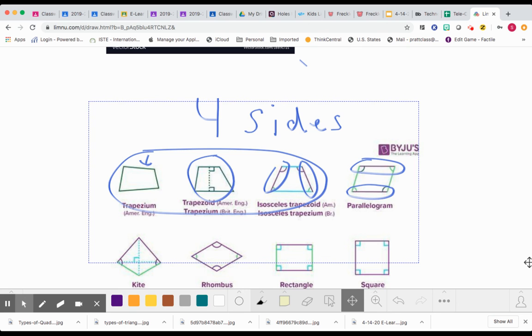Now a kite, we're all familiar with a kite. It kind of looks like a diamond, or like a baseball field almost. For the kites, you have two sides that are equal and have the same angles. And then when you draw lines in the middle, just like they did here in this picture, it forms a right angle. Now, a rhombus is all four sides, as you can see, are the same length, and two